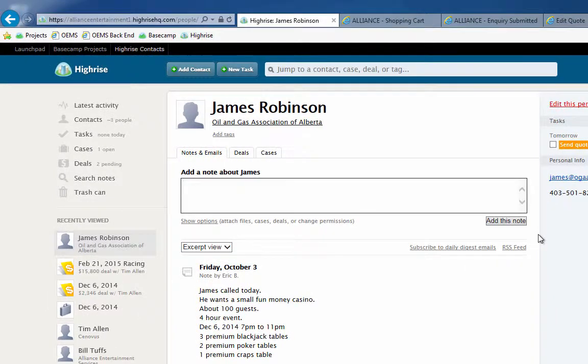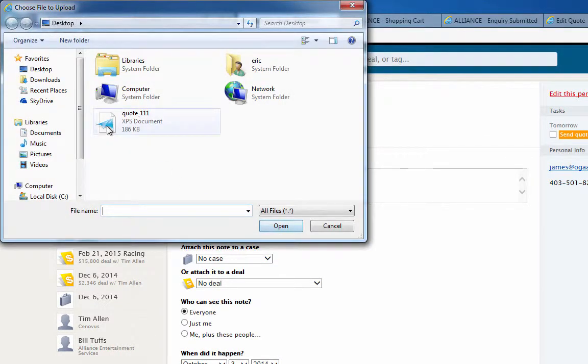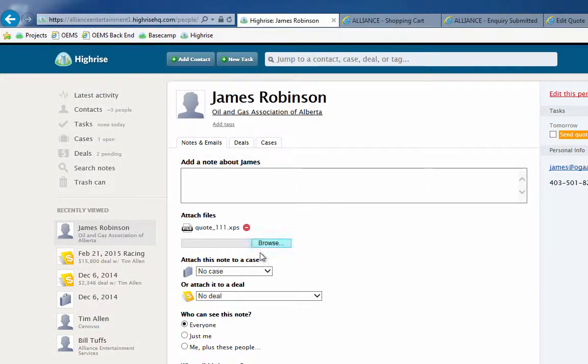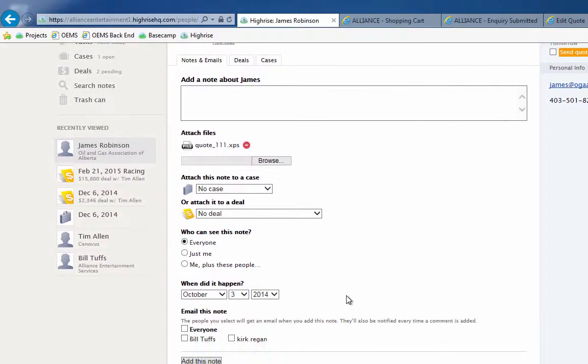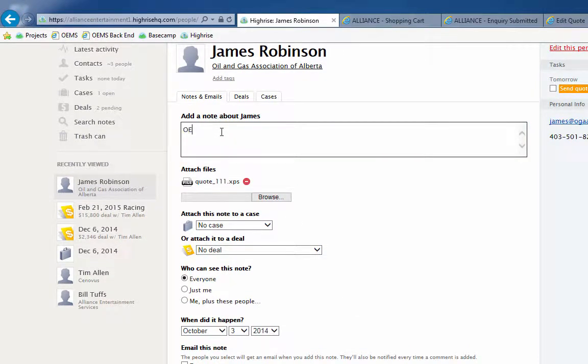So now I'm gonna add a note, and then to add a note here, we will attach file. So show options. I will say browse. Let's go to the desktop here. I'm already on the desktop, and then quote 111, and I will say open. So I've added this here, and then I can just put this here, OEMS quote 111,